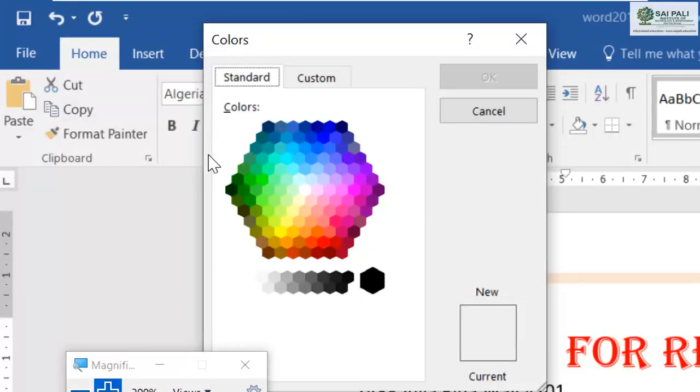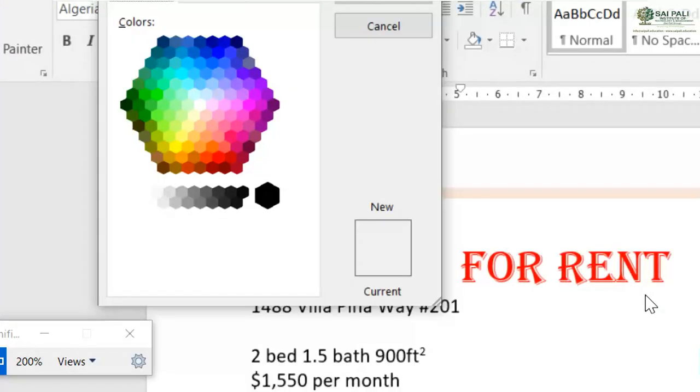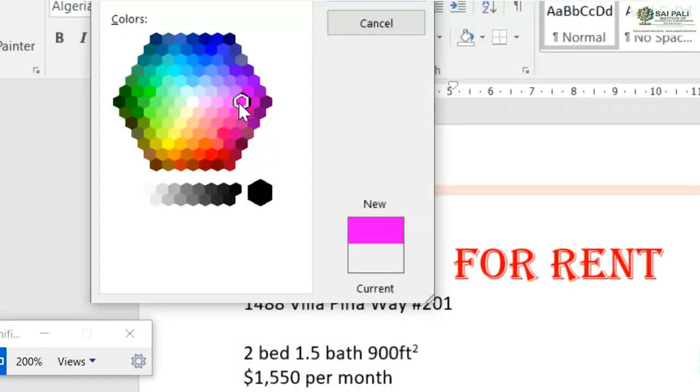As you can see here, you have lots of options for color. When you select any option here, it will not show you the preview in your document, it will show you the preview here in this dialog box. It shows that this is the color which you have selected, and currently it is this color. So you can select what you want.